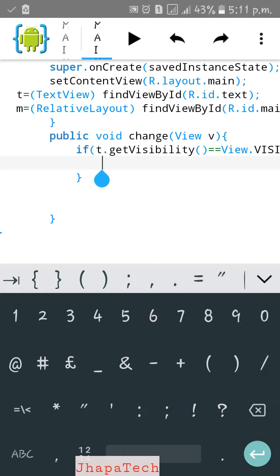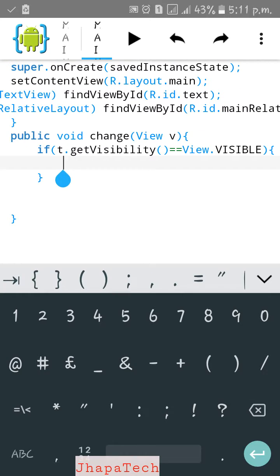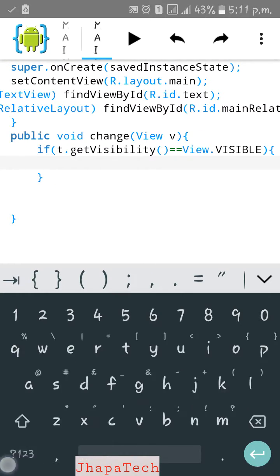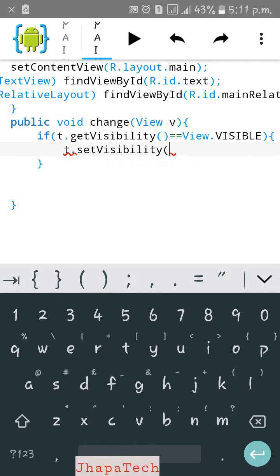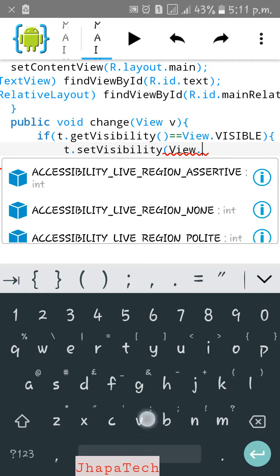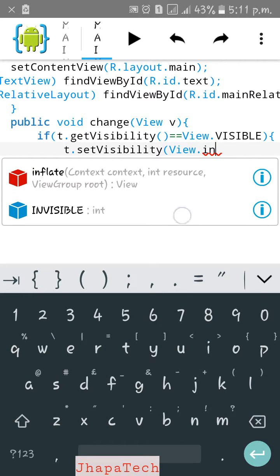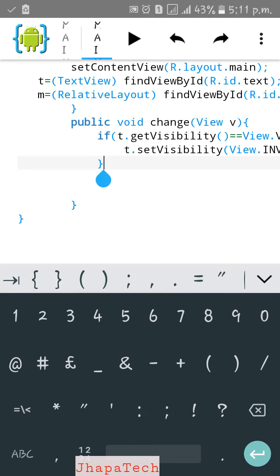Oh, that was the error. Okay, if that is visible then we have to make it invisible. So for that, t dot set visibility to view dot invisible. Okay, now